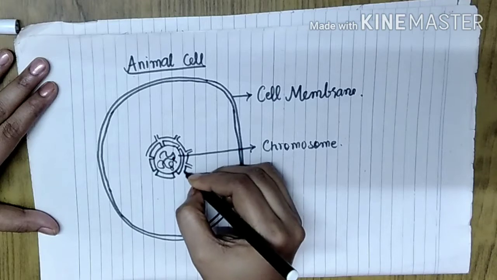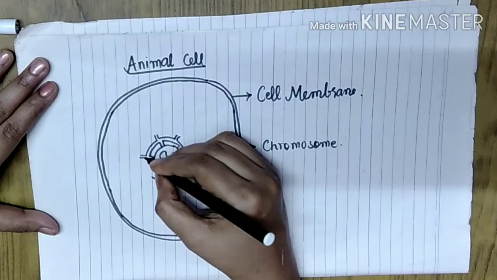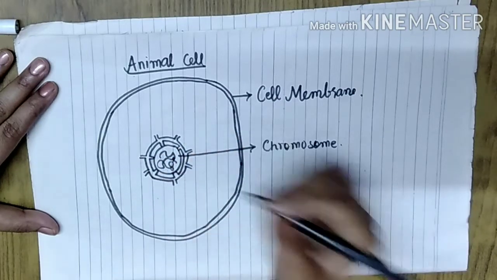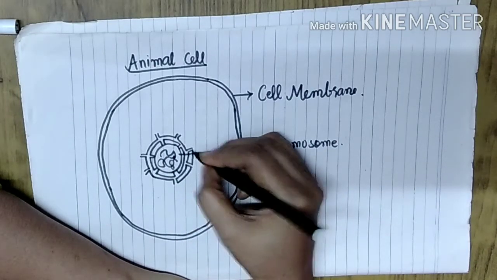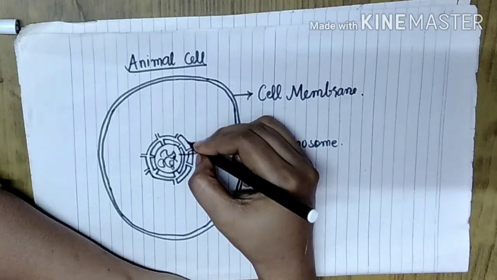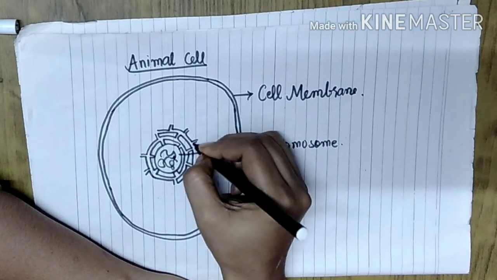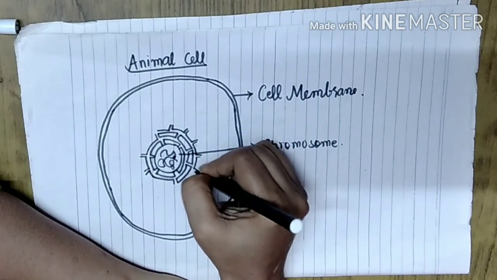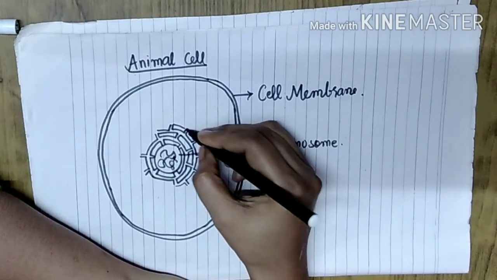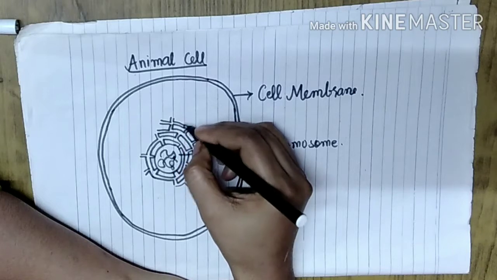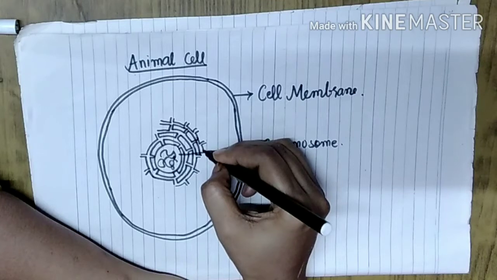This is how you are going to draw it when it comes in your exams. These endoplasmic reticulum are interconnected with each other. These are thin flattened tube-like structures. Endoplasmic reticulum: endo means inside, plasmic is the suffix, or you can say the abbreviation used from the term cytoplasm, and reticulum means the network. So it is present throughout, and in between the endoplasmic reticulum there are various other organelles that are present.